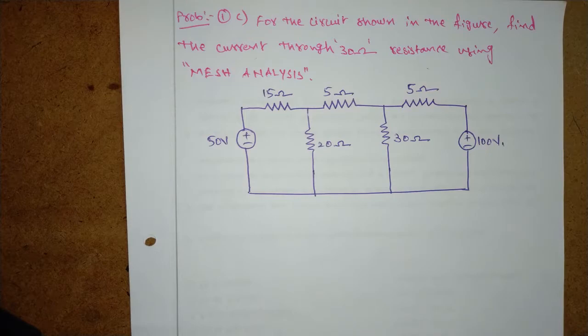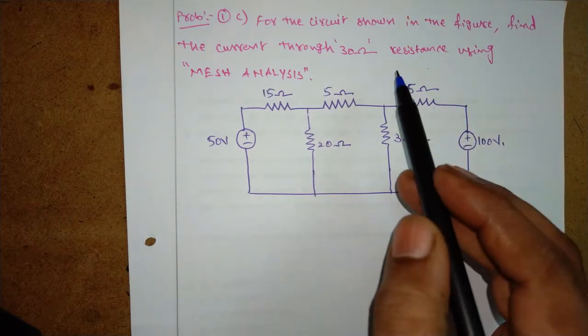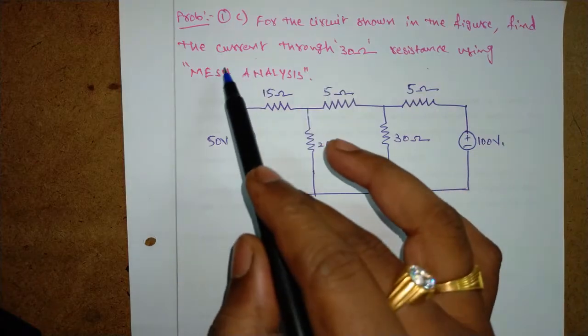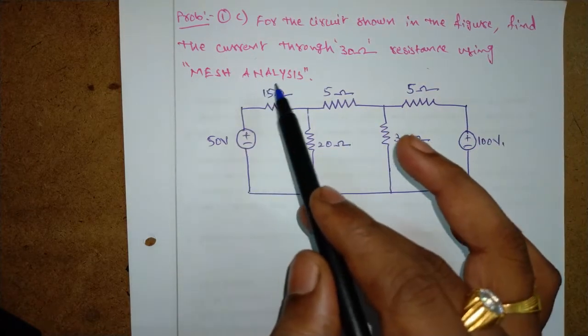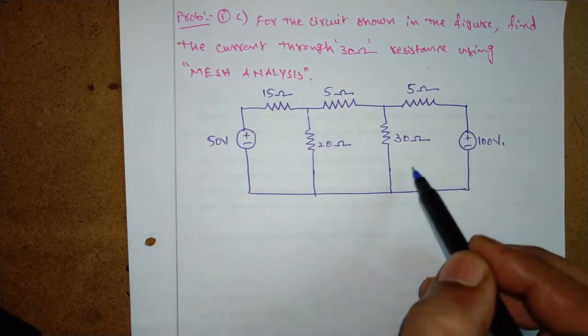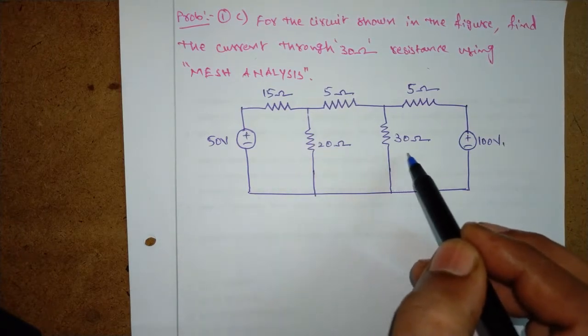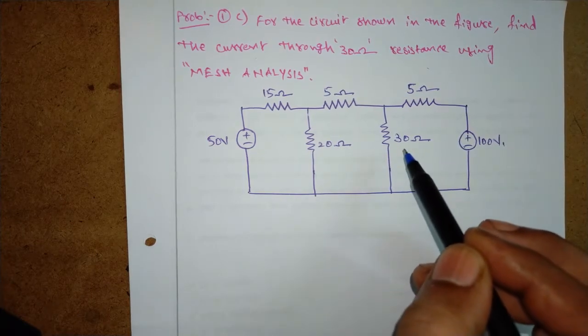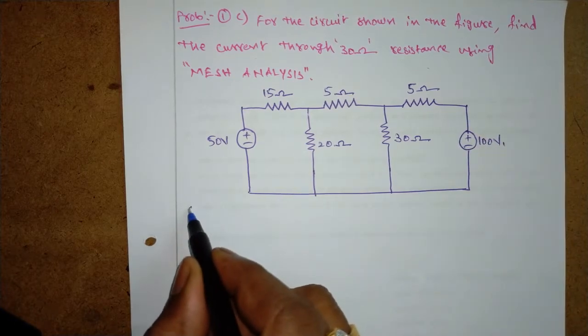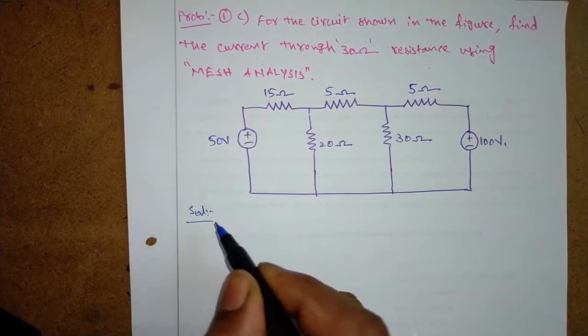Problem 1C. For the circuit shown in the figure, find the current through the 30 ohms resistor using mesh analysis. This is the given circuit. Here we have 30 ohms and we have to find out the current passing through this 30 ohms resistor in this circuit. Coming to the solution,